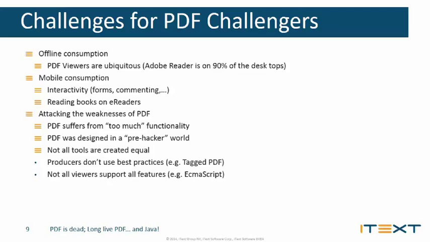And maybe you need interactivity. In PDF, you can have forms. You can add comments into PDFs. HTML5 is a good competitor on that account. And for instance, mobile consumption. EPUB is good for e-readers, so you can consume a book offline. But then again, EPUB is single purpose. It's only meant for books.